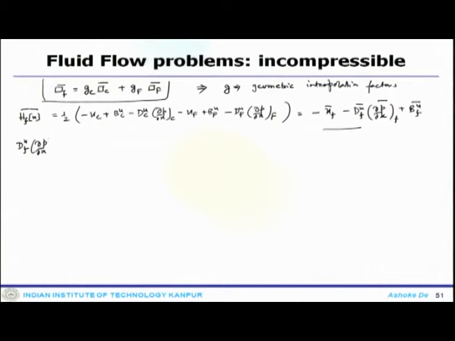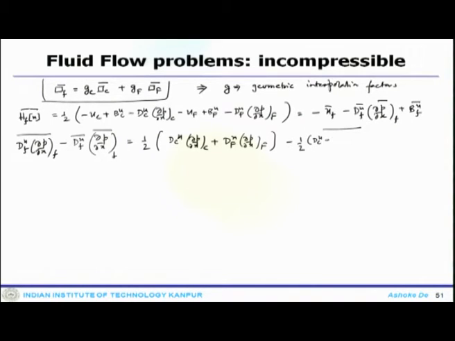So, this is my del P by del x at F minus DFU by del P by del x at F, which is half of DCU del P by del x C plus DFU del P by del x F, minus half of DCU plus DFU into half of del P by del x C plus del P by del x F,